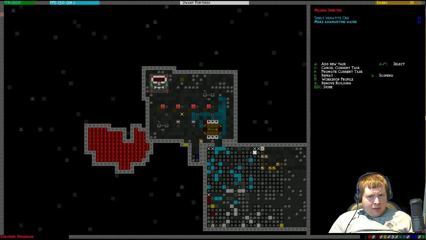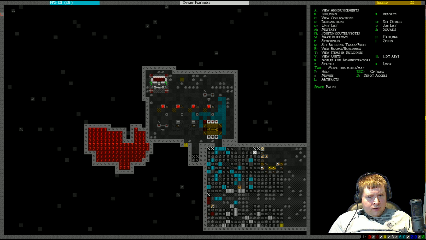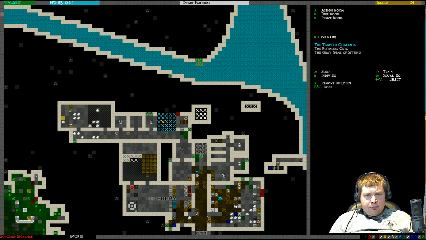Alright, unsuspend, boys. We need to get to work here. Come on, don't be lazying. You're on active training. There's no excuse, boys. Okay, so I want them to haul that off. That's stage 1. Okay, now the next part is, what are they actually...